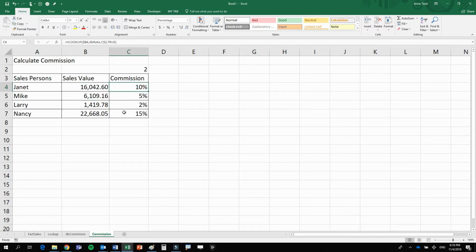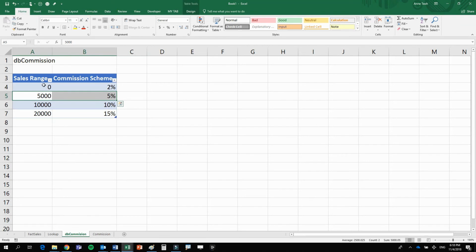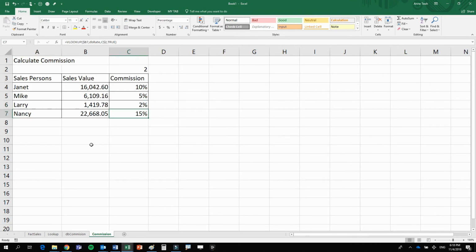So this is how I usually use VLOOKUP approximate match to look for the closest match. One thing you have to take note of is that under the DB commission, the sales range has to be arranged in ascending order, so that it can search the data and compare them one by one. And that's it. That's how I usually use my VLOOKUP